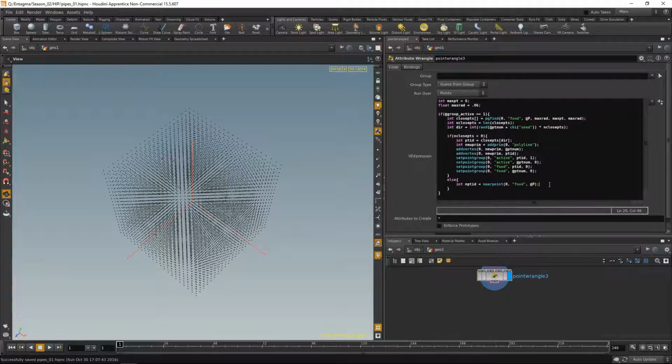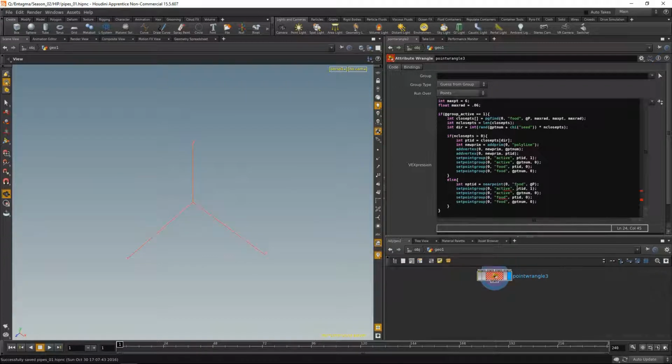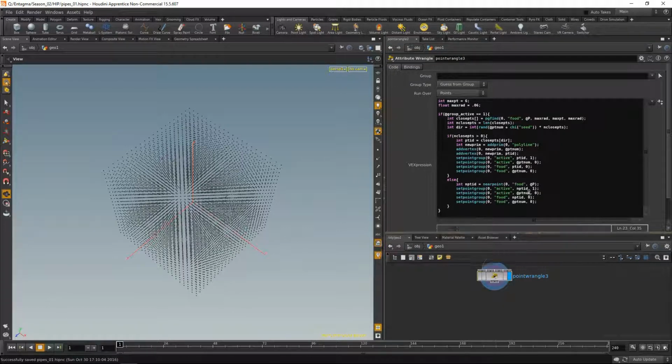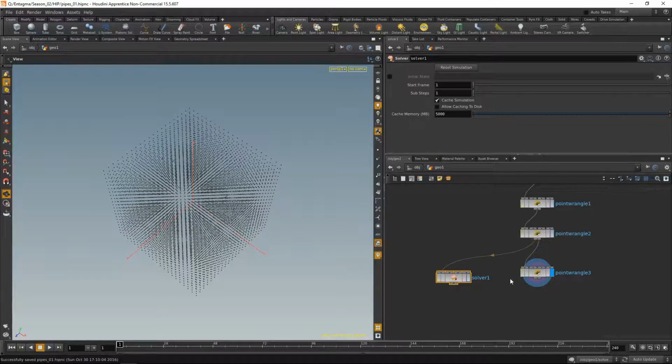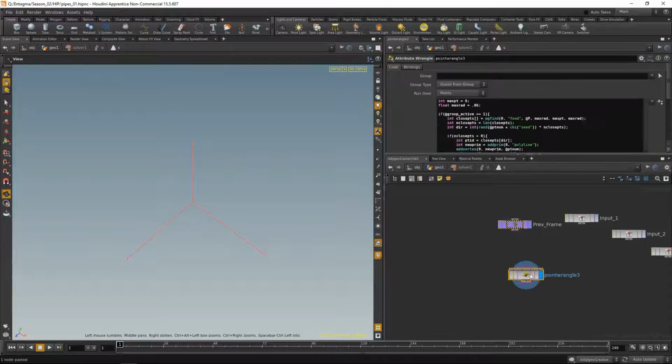So if we found a point like that, let's not draw a line because that would yield a jumpy line just going randomly through our point grid, but instead just set those groups here. So we just copy this, paste it in here, and let's adjust our variable here. It's called nptid, for new point ID. Okay, like so. And this is our algorithm. Let's take that and drop down a solver. Wire this in here, cut that, dive in the solver, paste our point triangle, wire this up, head up one level, highlight it,